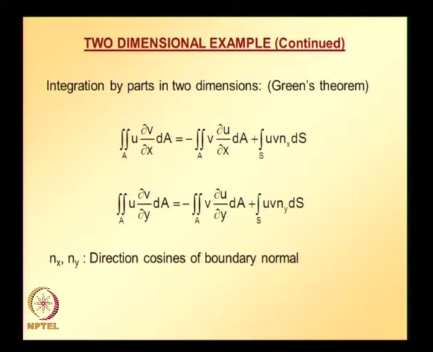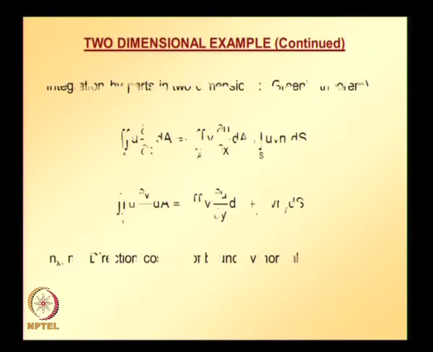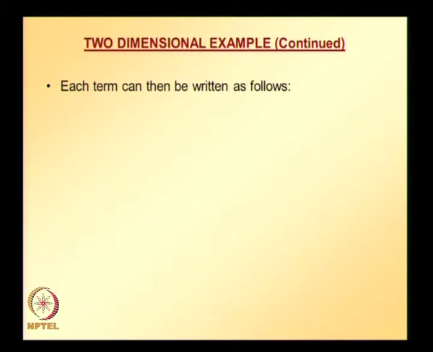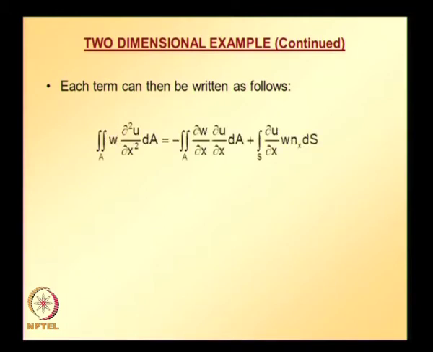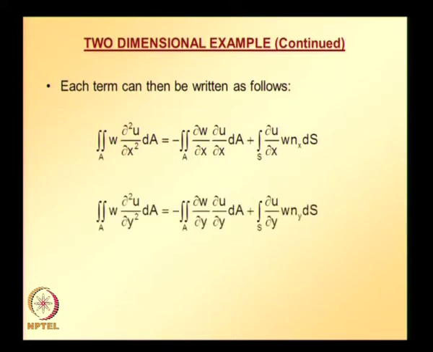Using these 2 formulas we can simplify the 2 terms appearing on the right hand side of the previous equation. Each term then can be written as follows: the first term using the previous integration by parts formulas, and the second term. So, substituting these 2 terms,